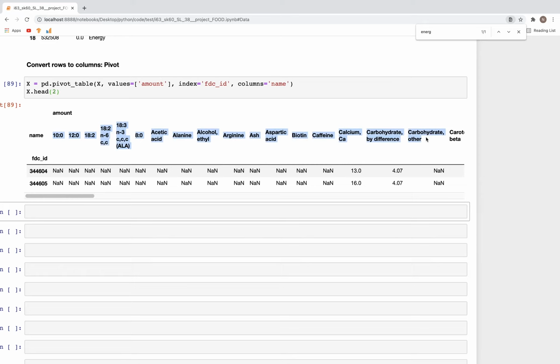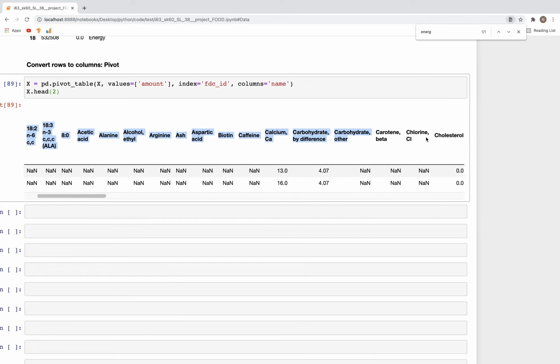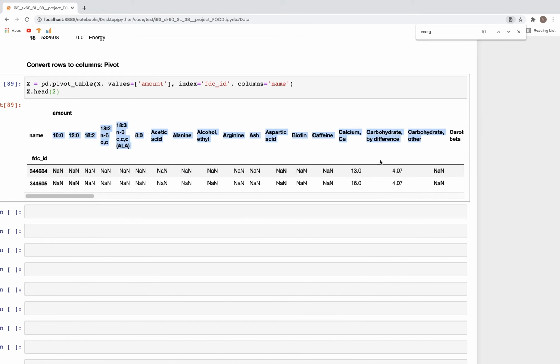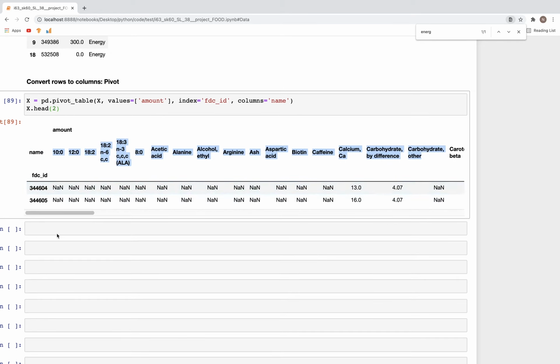So now we have all this nutrient information as column names, and the values within for each nutrient are listed in these rows right here, and each FDC ID now represents a product. So each of these rows represents a product, and we are going to predict the calorie content of each of those products by using just these